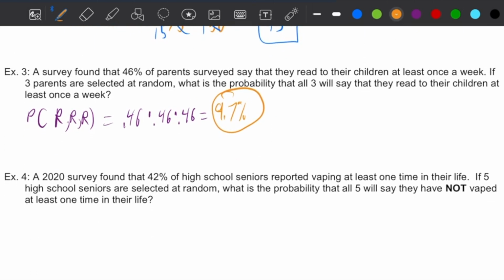Example 4. A 2020 survey found that 42% of high school seniors reported vaping at least one time in their life. If 5 high school seniors are selected at random, what's the probability that all 5 will say they have not vaped at least one time in their life? So 5 different seniors, and the probability they don't vape would be 58%. Well, how do we find that 58%? If you're wondering, you take 100% for all the students, subtract the 42 that said they have once in their life to get 58. And you take that 58 and you multiply 5 of them together,